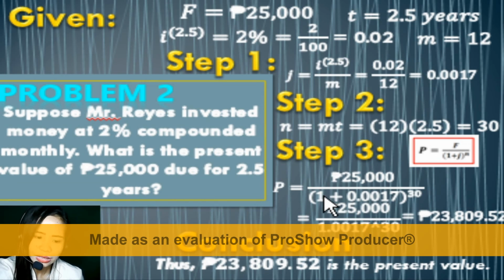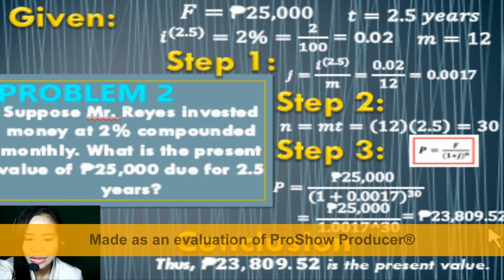So, we'll simplify first the denominator. 1 plus 0.0017 is 1.0017 raised to the power of 30. After you get the answer, 25,000 divided by the answer here is your final answer. So, our present value now is